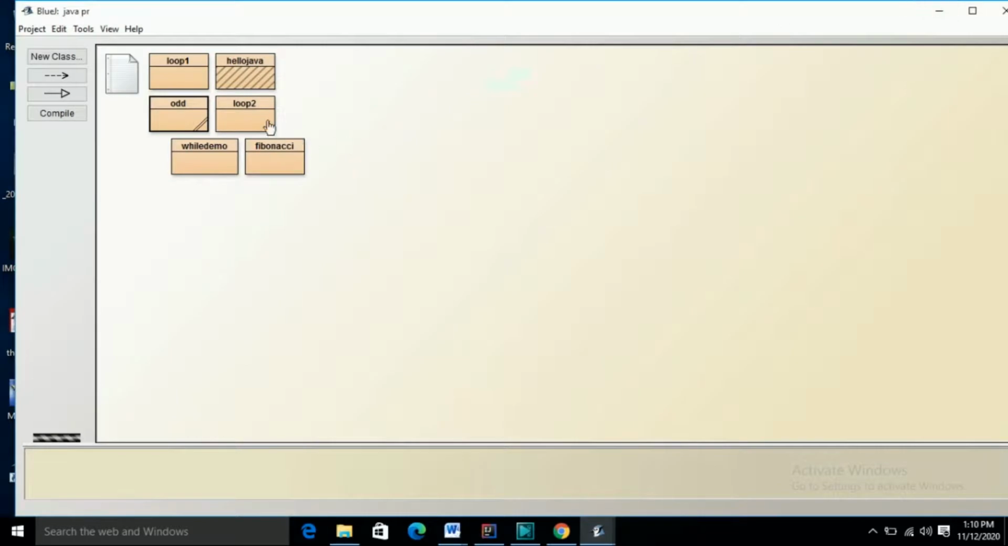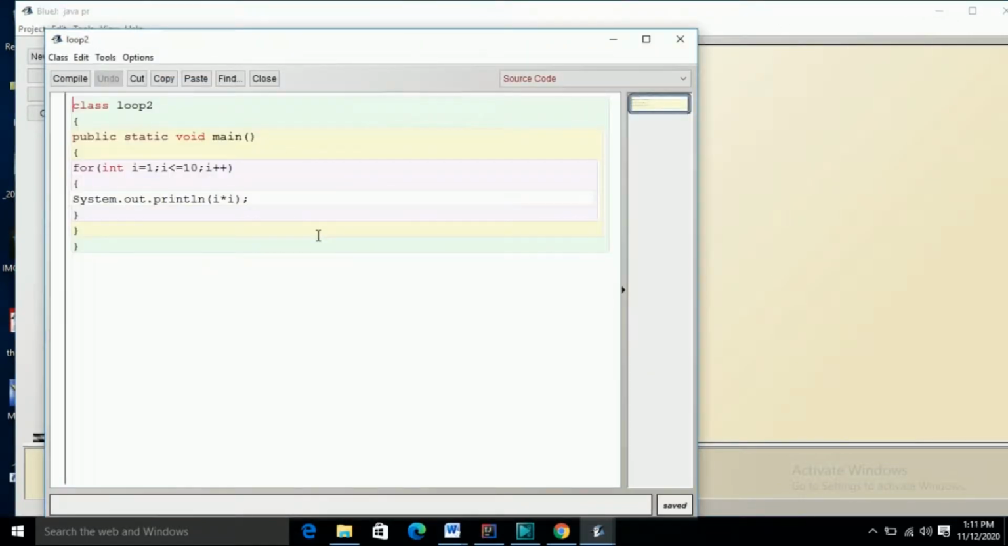Our next program is to print the squares of the first 10 natural numbers. So the loop will go the same way: int i equals 1, i less than or equal to 10, i plus plus. Here the value of i is 1, so 1 is less than 10, condition true, it will enter into the loop and print 1 into 1, that is 1 square, that is 1. After that it becomes 2, so 2 is less than 10, so it will print 2 square, 3 square,